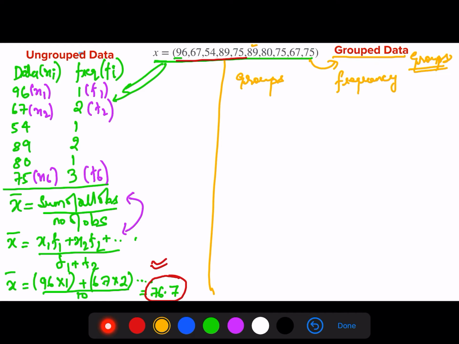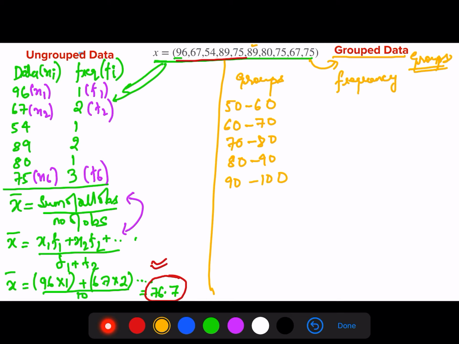In this case, the frequency will be how many data points are there in that group. So let's say my first group is 50 to 60. My second group is 60 to 70, 70 to 80, 80 to 90, and then 90 to 100. So this is how I have defined the groups.